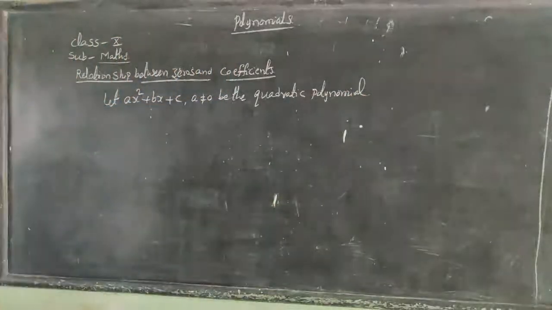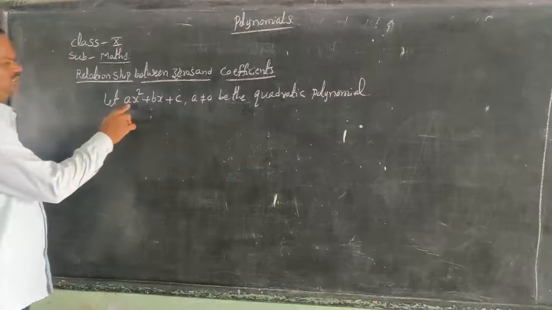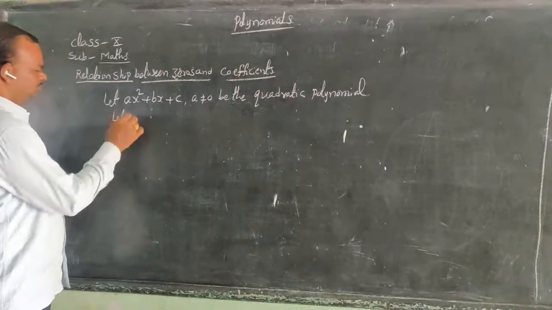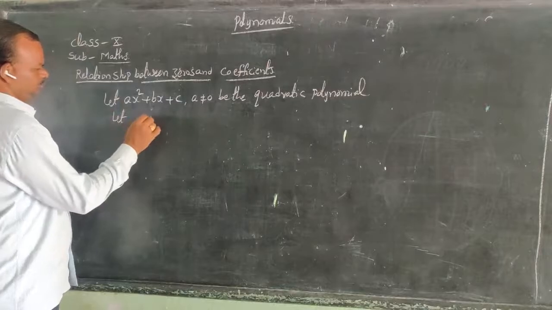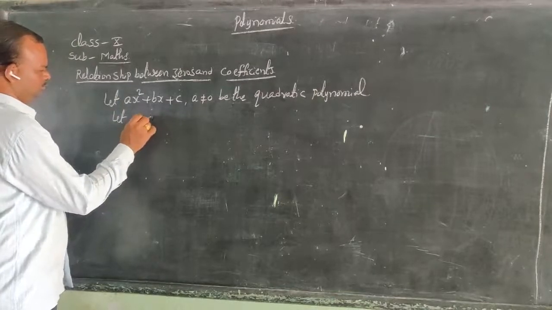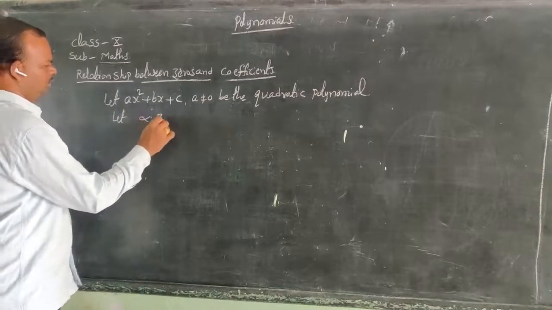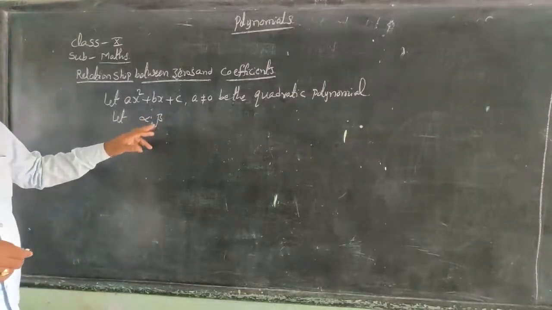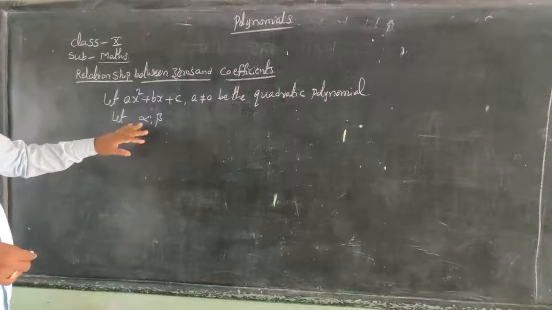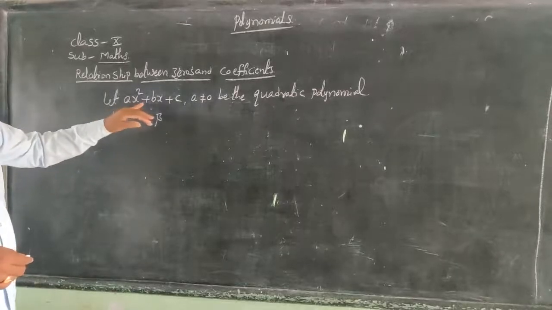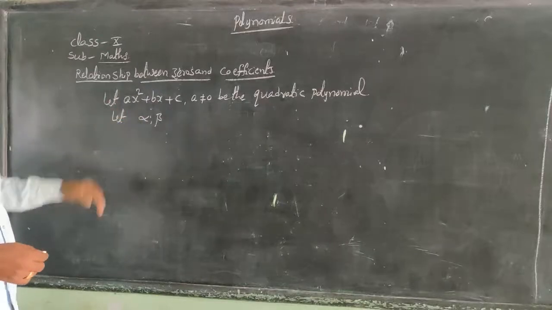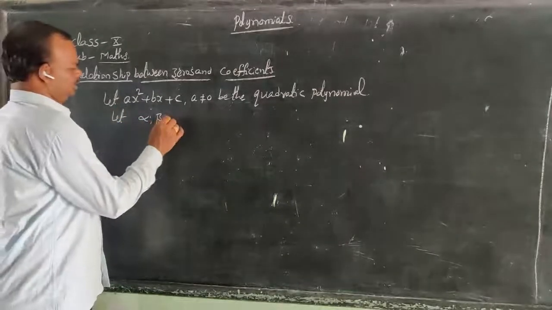So the coefficients are a, b, c. Let alpha comma beta be the zeros of the quadratic polynomial. Then